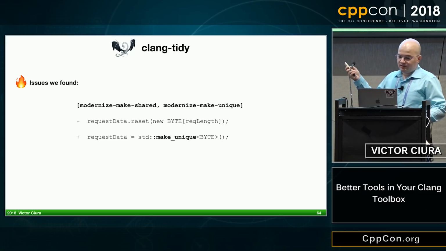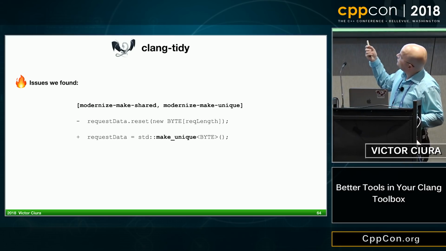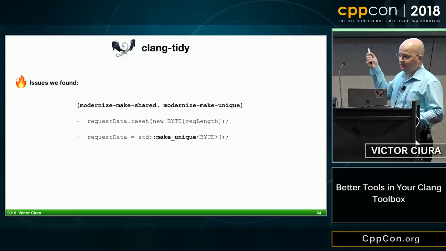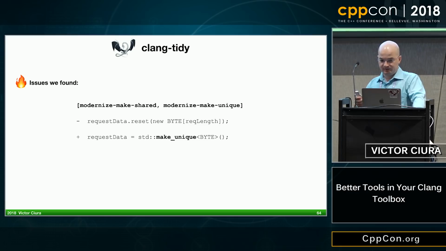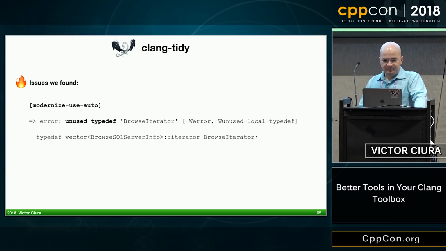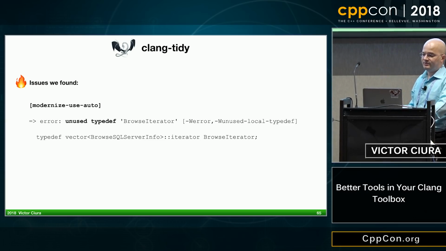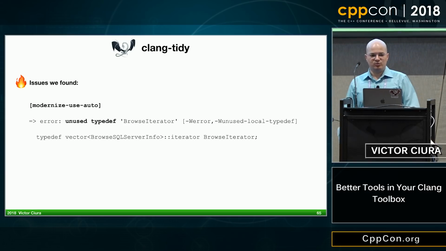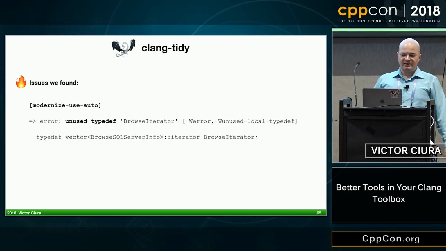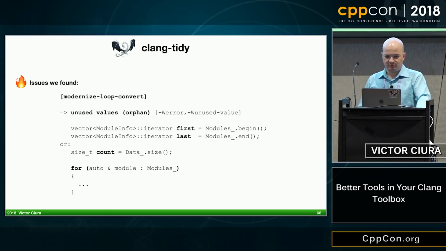Some of the problems we found, for example, a few of the unique patterns without the array specialization for make unique. We found several of these. And when using auto, it left us with some garbage in terms of orphan typedefs that we used before for iterators, and auto cleaned up the initializer, but it left all those typedefs that are pointless now, and we needed to clean those up by hand. So not perfect, but